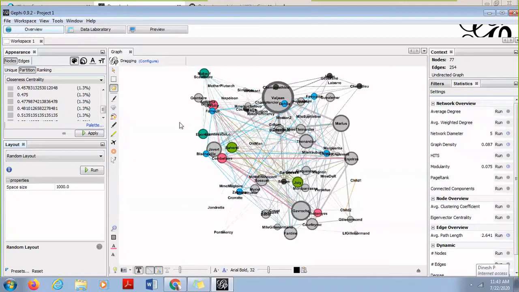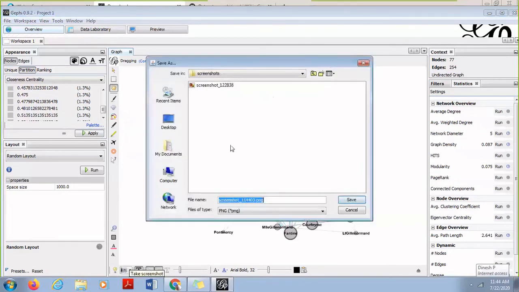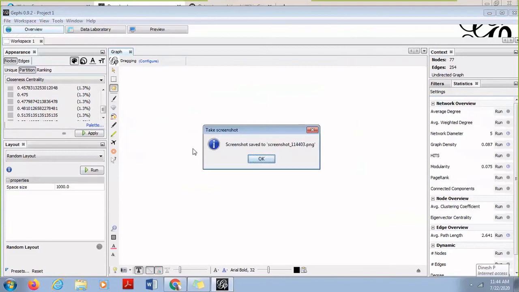Now let's say when you are working on this, and you want to capture a particular image or a screenshot or snapshot of this, there is an option provided at the bottom, on the left hand side, with a camera icon. You can just click on it. When you click on it, it allows you to take a screenshot, and it will ask you where to store it. So once I give the folder in which it should store, it will keep on storing in that folder every time you click on it.